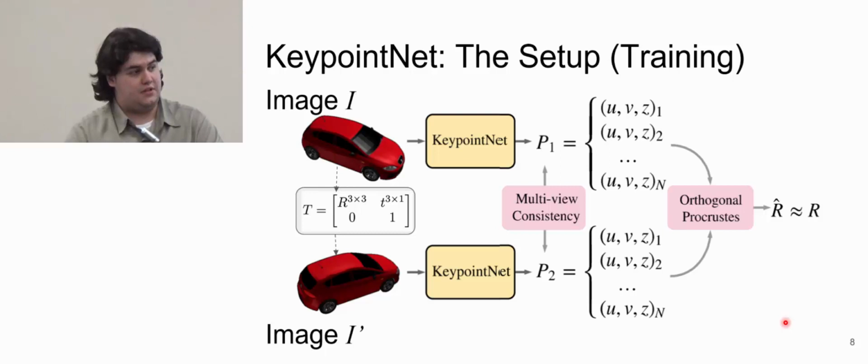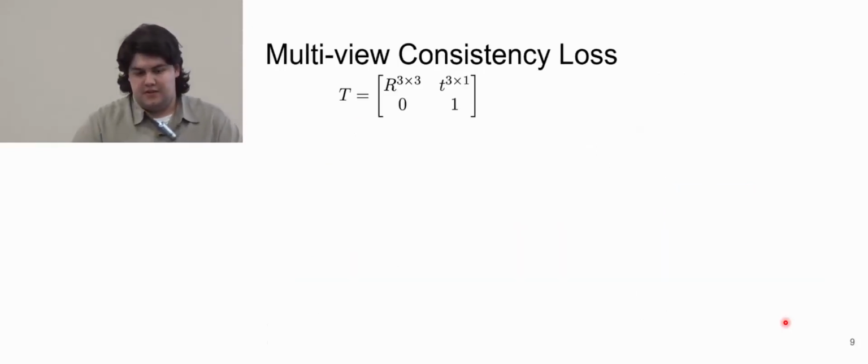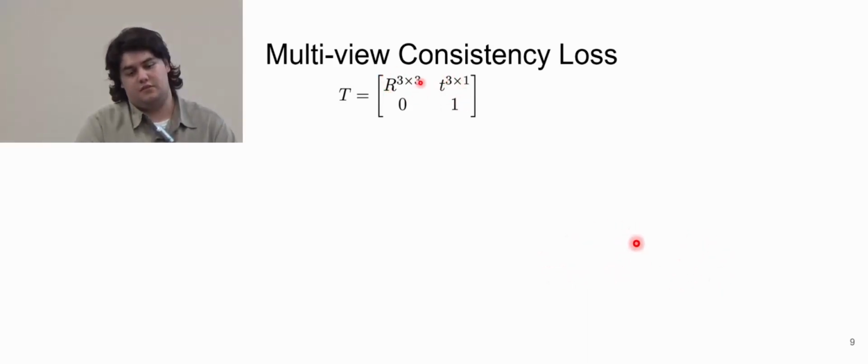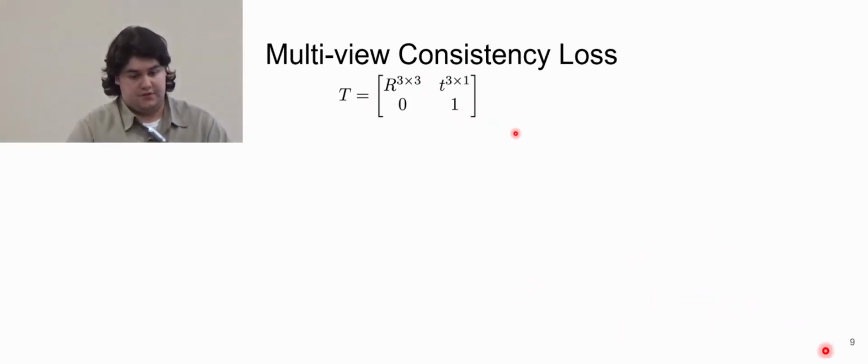and now we want to make sure that the key points correspond to each other in the multi-view consistency loss. So as a reminder, the transformation matrix is comprised of the rotation matrix, which is the 3x3 matrix. We have a translation vector, and of course a couple of other values to make a 4x4 matrix. This will be applied when we want to take